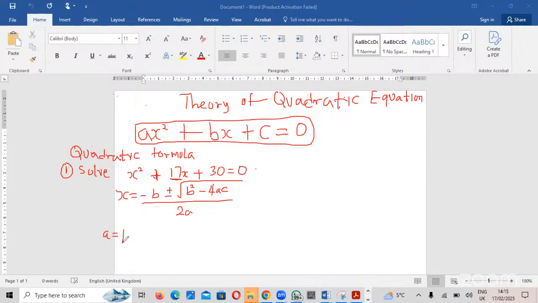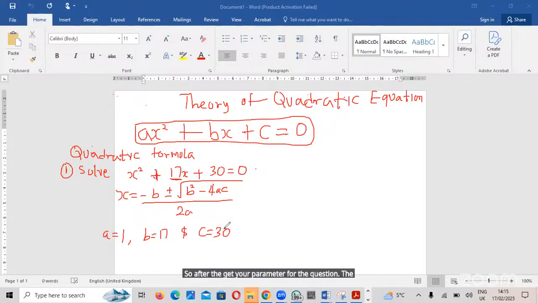Put the value. All right. Then the next one is 17. So the next one: b is equal to 17 and c is equal to 30. After getting all the parameters of the question, the next thing is for you to